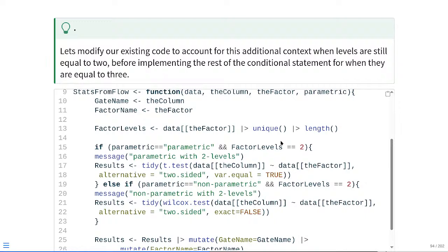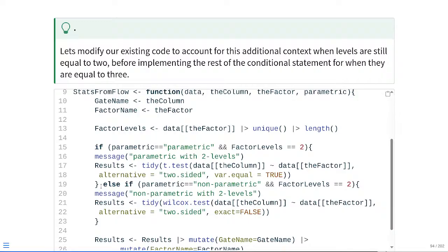Vice versa, let's say you ran this on the grouping variable for p-type, so factor levels came back as 3. Even though it is parametric as we specified, the second part of the statement is not true. It comes back as false. And because there's one false value present here, everything is evaluated as false. So that's how it's going to know to skip down past the t-test portion of the code onto the next